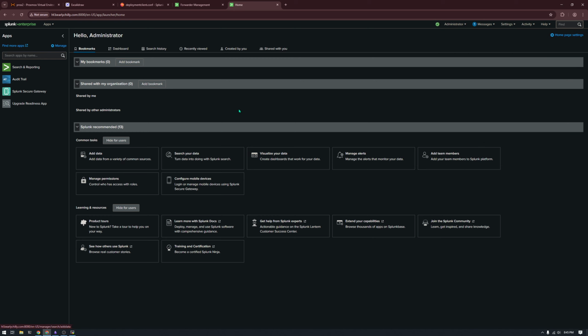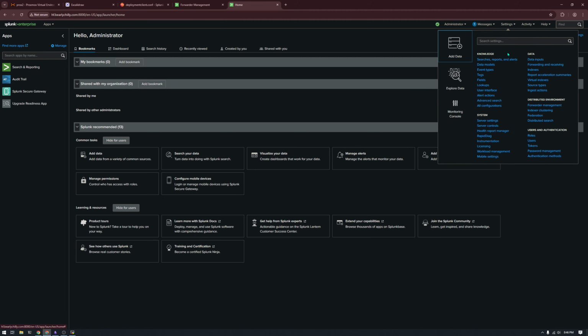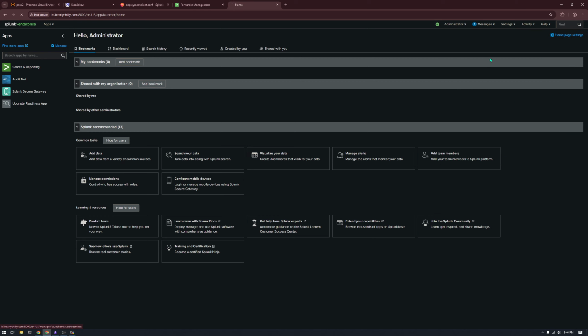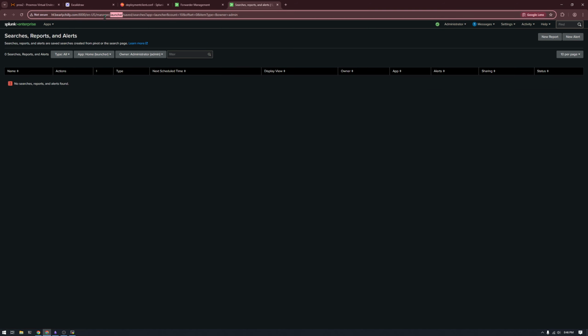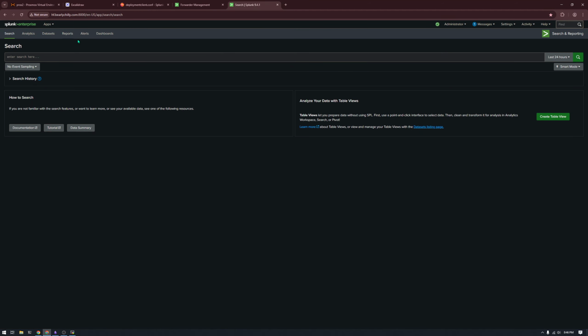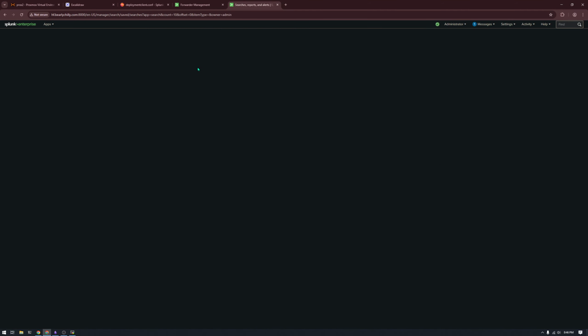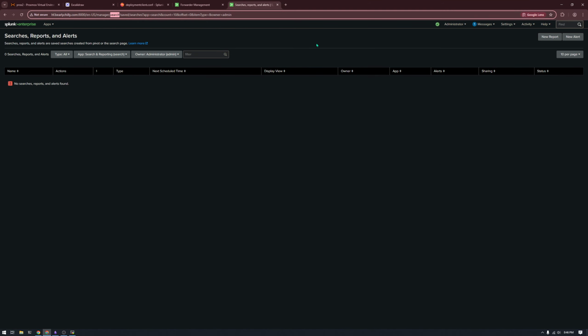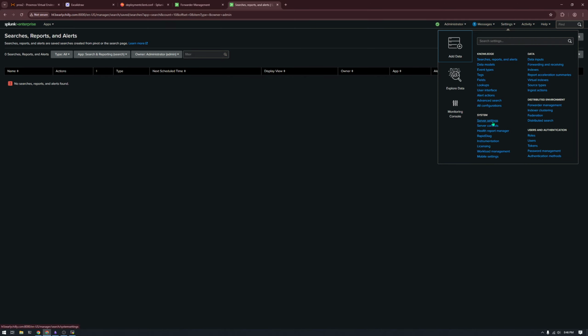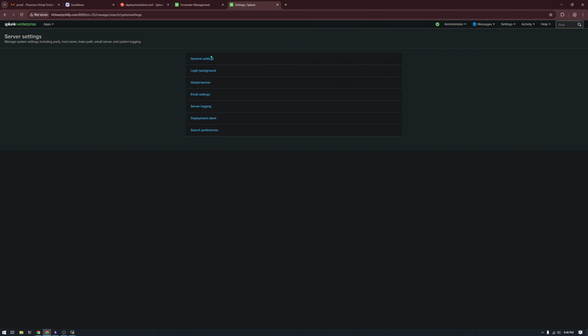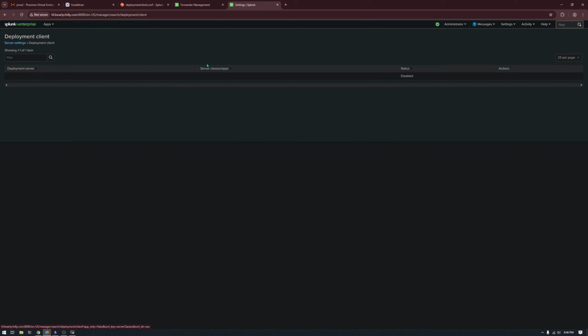So the app that I'm in right now, which is the app that you would go into by default after you log in, is the launcher app. And if I go into settings and I go to searches, reports, and alerts, you'll see it's within the launcher app's context. Same thing if I go into search and then go in, it's still within the search app's context. So being in the search app's context, if I go to server settings and change,